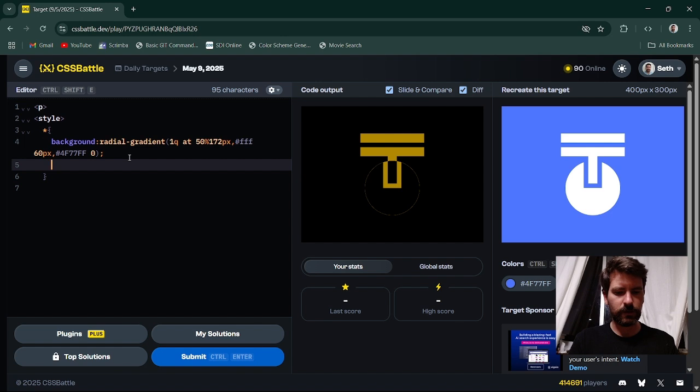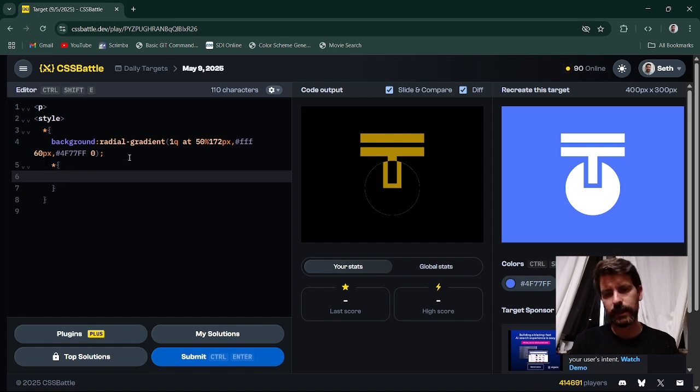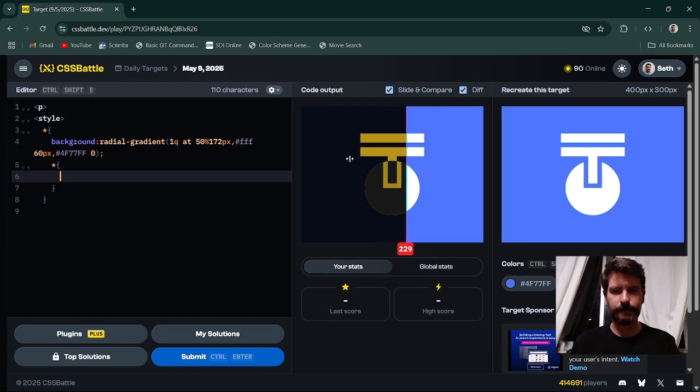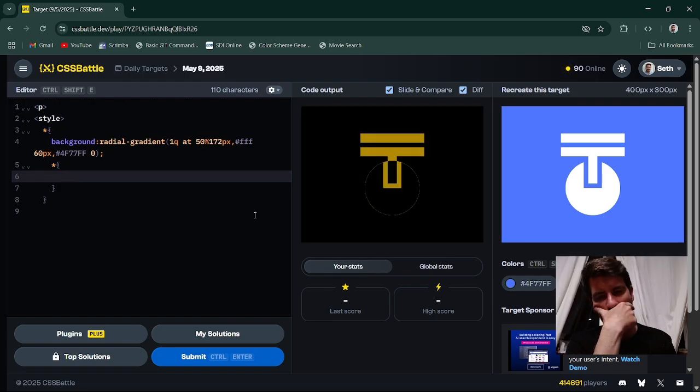Perfect. And now we can get into the body element, and I'm going to make that these bars. Now, I'm not sure if I want to make it one bar with a box shadow to be the second bar, or if I want to just do a linear gradient on it. It's a toss up. Oh, you know what? I'm not going to do the box shadow route because I'm going to do a p tag. Oh no, I'm going to do a box shadow on the p tag too. So I'm not going to do border for the second element